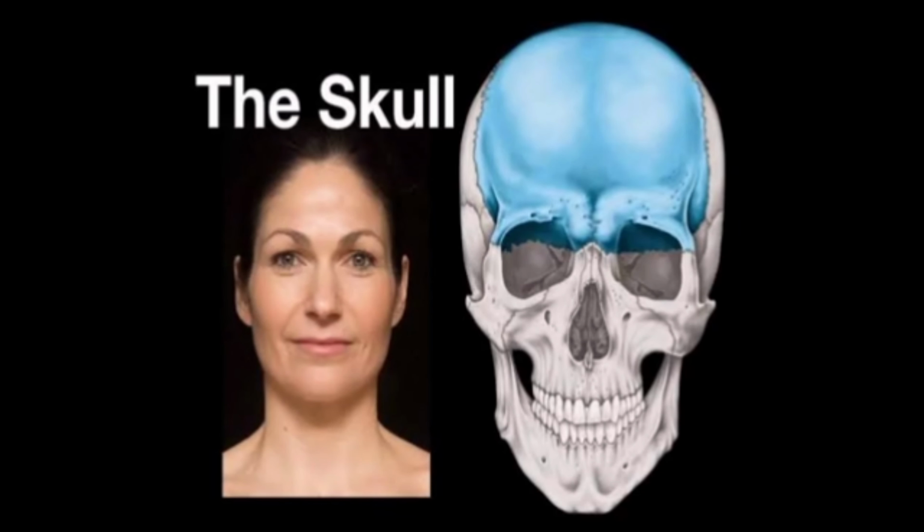See children, this is the skull. The skull is made up of a number of bones which are attached to each other. The skull is hollow from inside. The brain is protected in the cavity of the skull. So this is the skull, how it looks from the outside. The picture is on the left hand side. So the skull is made up of a number of bones and protects the soft organ, that is brain.